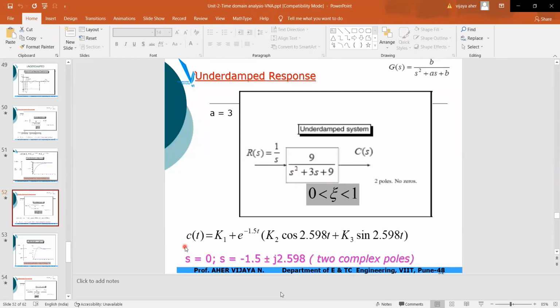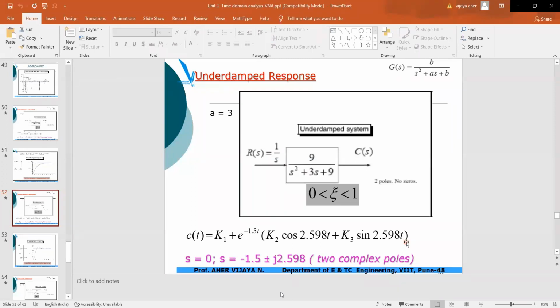By partial fraction again, you will get C of S is equal to K1 divided by S, plus K2 divided by the first root, plus K3 divided by the second root. Then find out the constants. Then take the Laplace inverse of C of S. You will get C of t is equal to K1 plus e raised to the power minus 1.5t into bracket K2 cos of 2.598t plus K3 sine of 2.598t. Bracket complete. Now let me know the values of K1, K2, K3